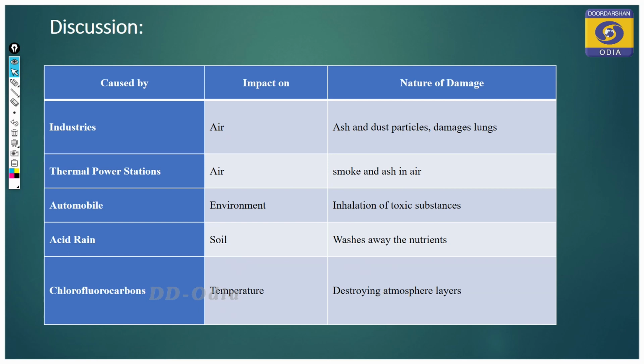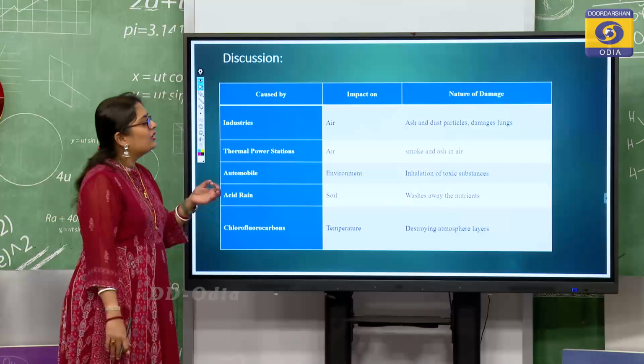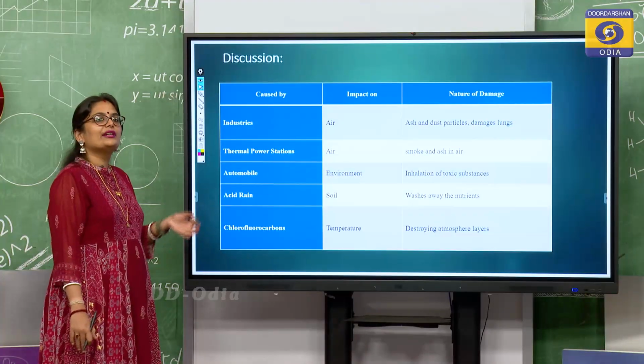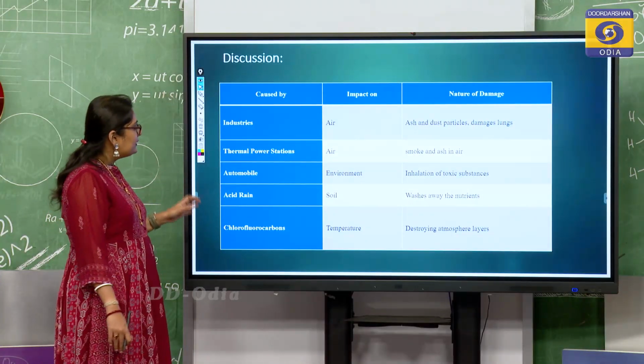Inhalation of toxic substances or the gases which they release into the atmosphere. Now moving on to the next section, acid rain. What does it impact upon? Mostly it impacts your soil. It also impacts water, but majorly it impacts your soil. What does it do? It washes away all the natural nutritional components of your soil, and ultimately we have